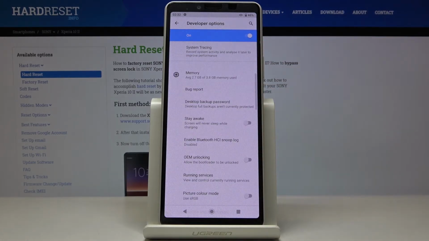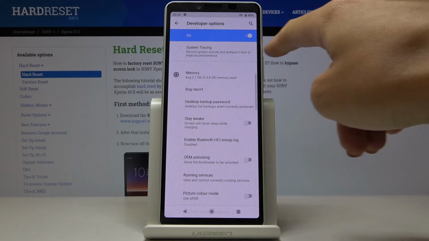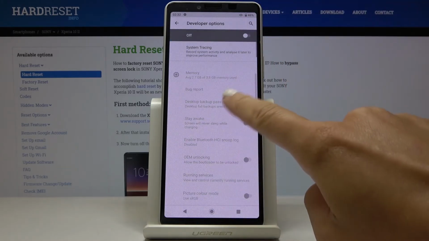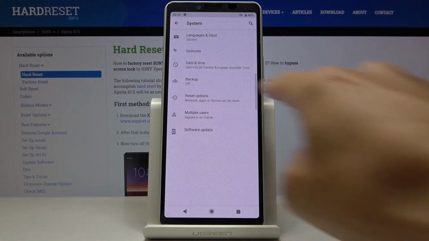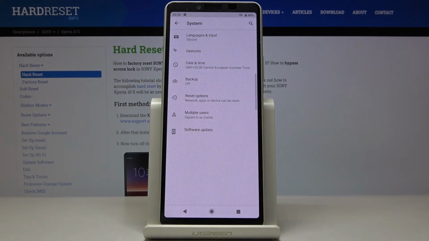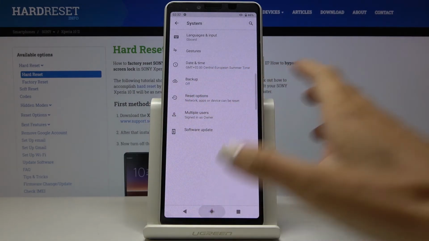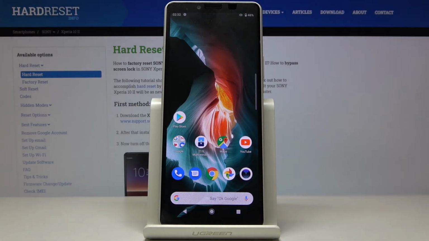And whenever you would like to switch developer options off, just mark this switcher, and as you can see, it's no longer active. If you will go back, they will also disappear from system settings, and then if you would like to activate them one more time, you will have to perform the same trick again. And this is it. So you can activate, use and deactivate developer options in your SONY Xperia 10